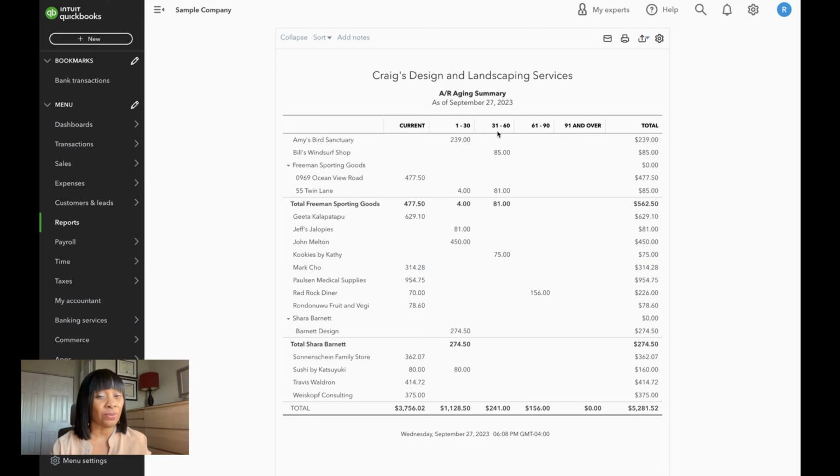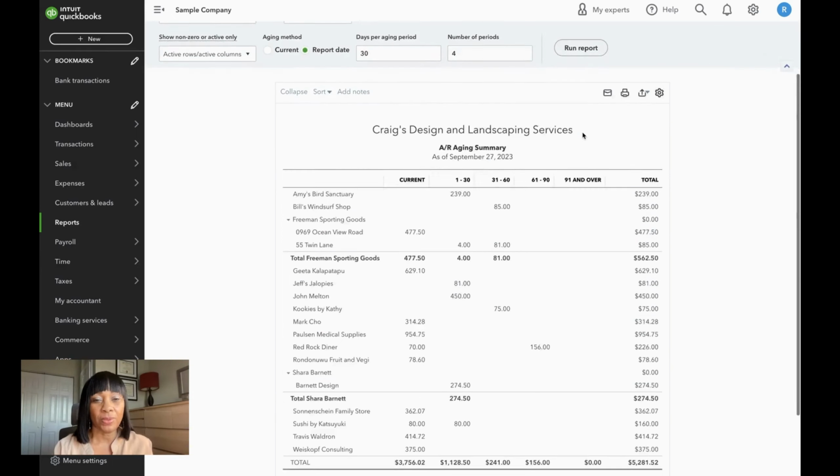This is between 31 days to 60 days. Now, when you start getting into this level, this is when you want to reach out and be a little bit more aggressive, if not before, to make sure that these bills are being paid. Especially if you're on some kind of revolving, like every month, just think about it. Now we're going into 2 months and so on. Definitely by the time you get out to 61 days, you might have to call in the